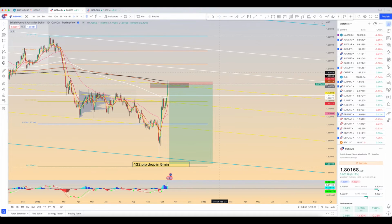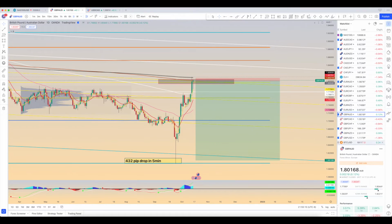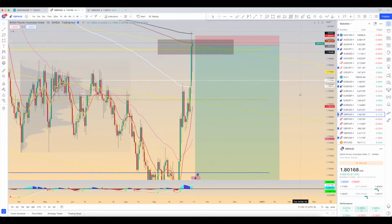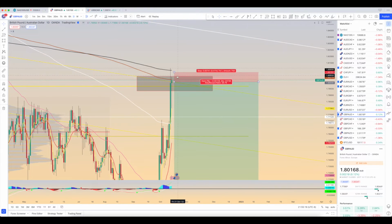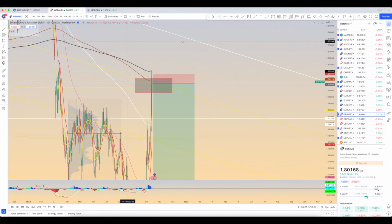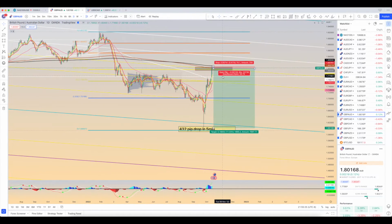GBP AUD, I believe it is in entry zone already. As you can see, the wick off of the 987 EMA line on the daily candle, and right there it rejected both the 987 and the 610, right? So you can see right here it did not close above this twice. So very good potential for this to turn into a sell,